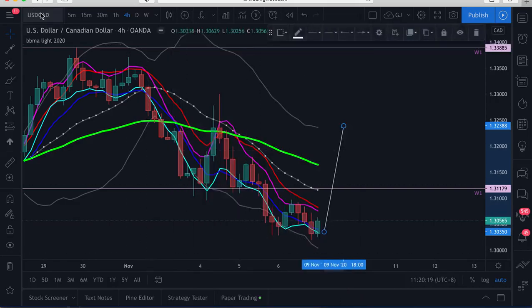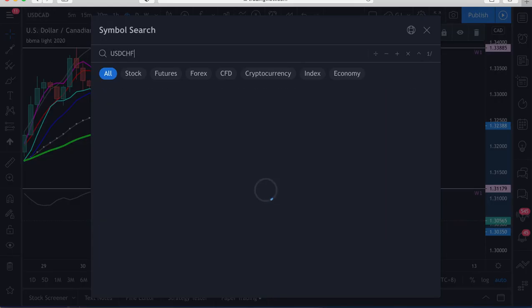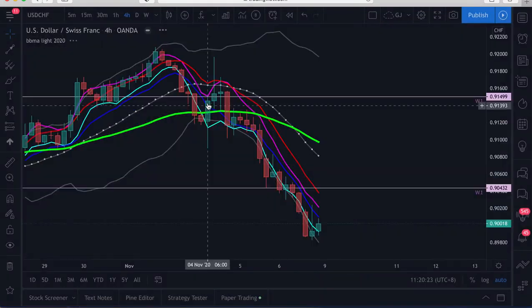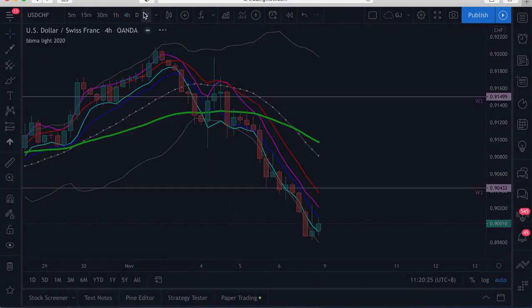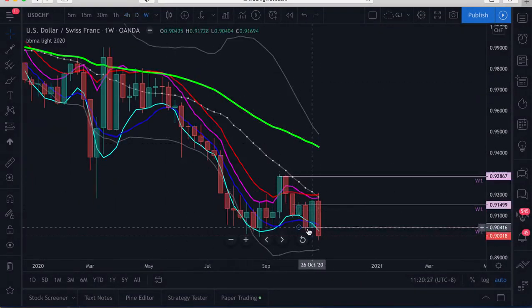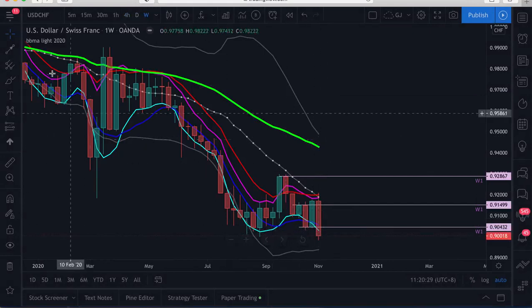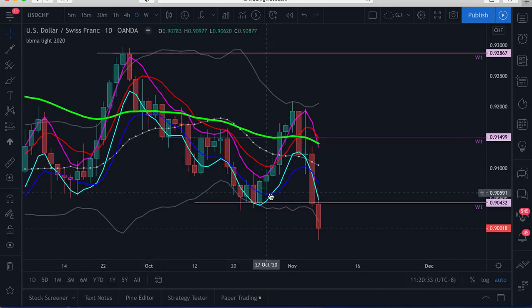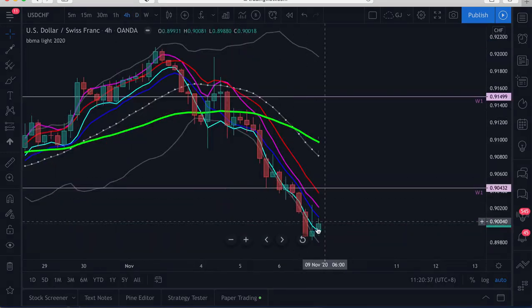Alright, next pair is USD CHF. Okay, for USD CHF on a weekly time frame, we can see price currently at the MA 510 low. Again, this is a re-entry buy setup. On daily, we can see price still making a CSM sell. On H4, however, price started to close inside the Bollinger Band, which is become a